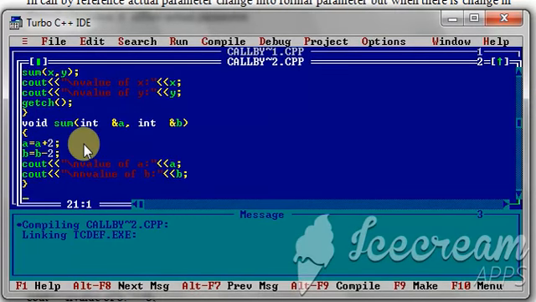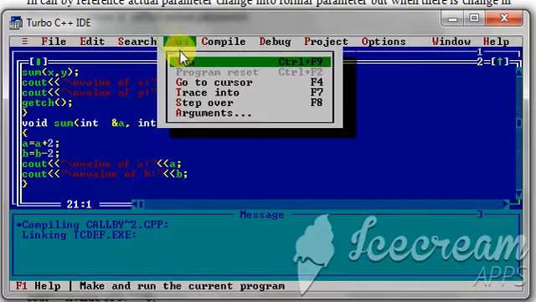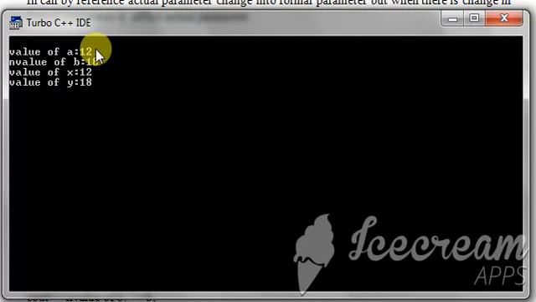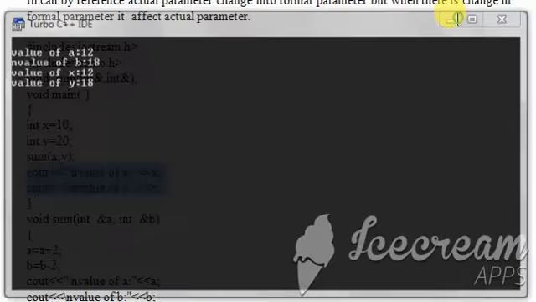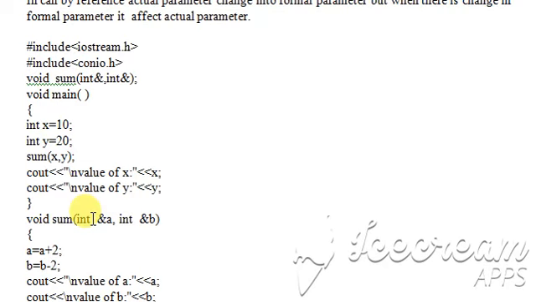Now the same program here, you can see. Now I am running this program. See the value of A, 12. Obviously the value of A is the value of X, and we are doing +2. See this one, 10 received by A, 10 + 2 is 12. So the value of A is 12. 20 the value of B, 20 - 2 is 18. A and B are 12 and 18.